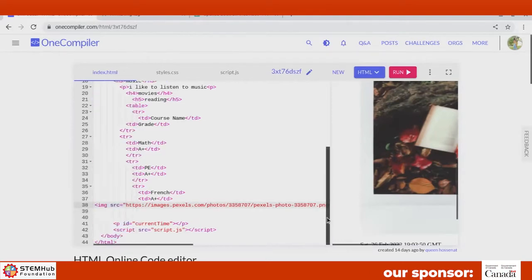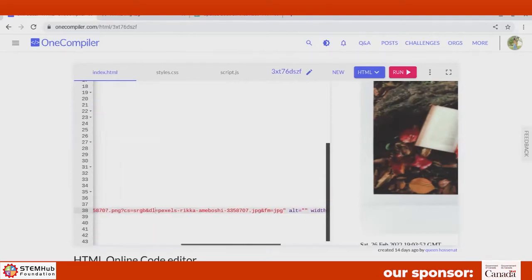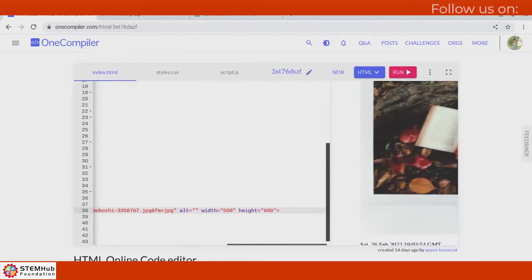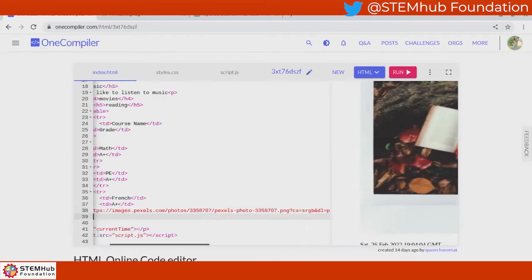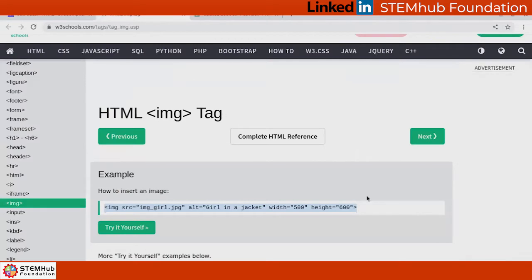You know what might be better? Maybe you want to copy it through W3 School and then paste it in. I don't know, because that URL might be too long for you to edit again. So go back, go to line 39. Go to the W3 School image, go to HTML, the tab at the top, HTML, yeah. Copy that tag again.